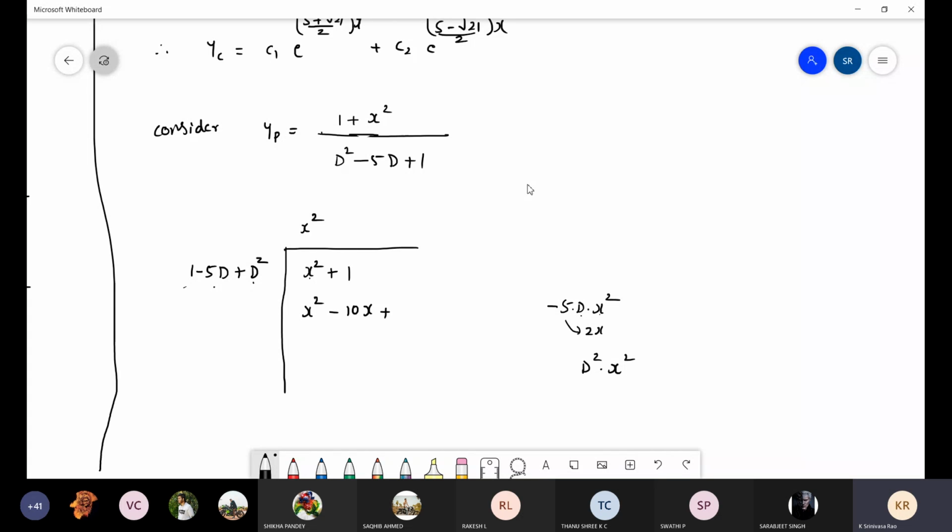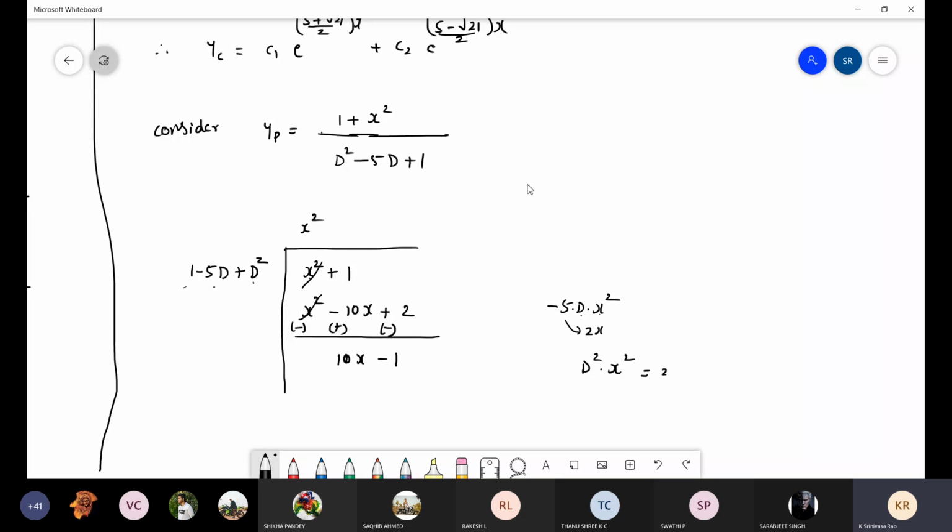Plus d square into x square. D square into x square is nothing but double differentiation. One time you will get 2x, second time you will get 2. So that 2 right here, and subtraction rule. This is minus, this is plus, and this is minus. So x square gets cancelled because we are solving in that way only. And see here, minus 10x, but in the numerator first equation we don't have an x term, no? So it should be plus actually, sorry. Plus 10x you should write as it is. Got it? Plus 10x. Then 1 minus 2 is minus 1. Constant. 1 and minus 2. You subtract.